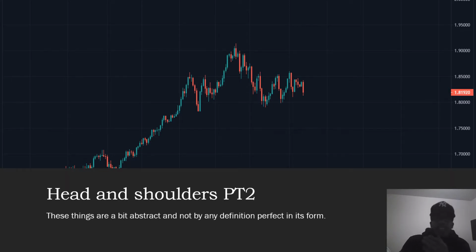All right, let's take a look at how this would look on an actual chart, because these things are usually not as perfect as we would like them to be. Okay, and so it's going to take some practice and some back testing to really refine your skills at being able to spot these things. Okay, so here we have a head and shoulders, and see, it starts here, off of an up move,